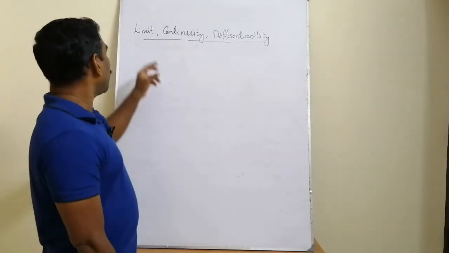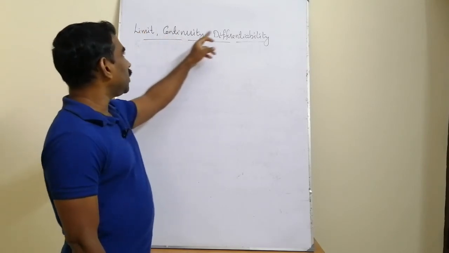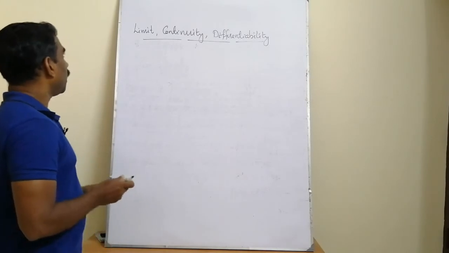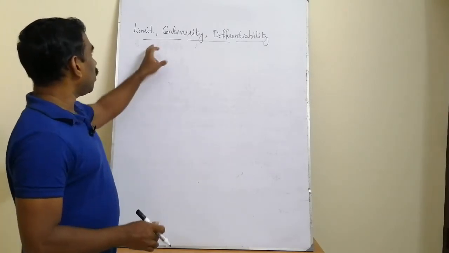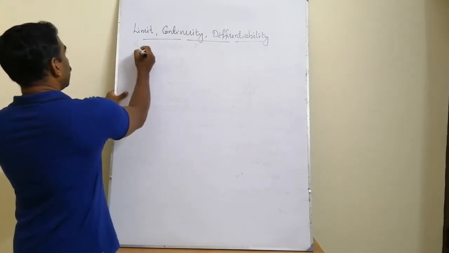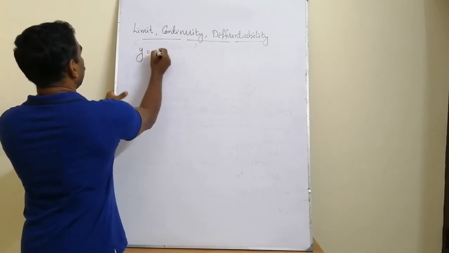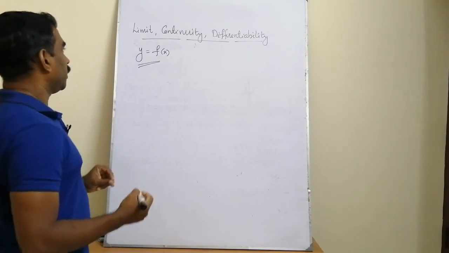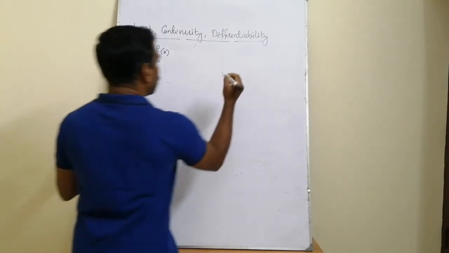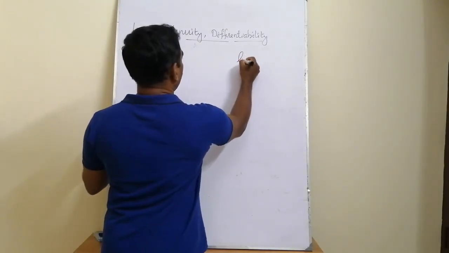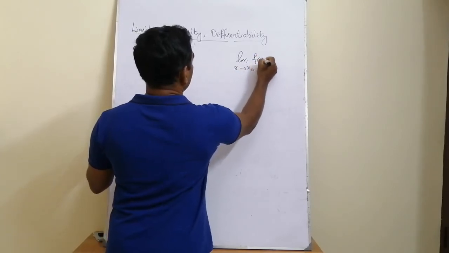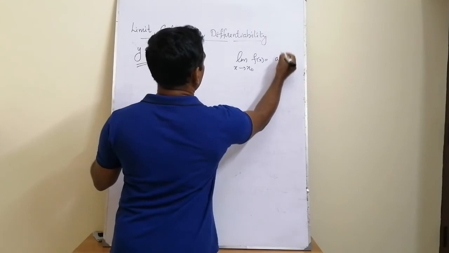Next we are going to define three fundamental concepts such as limit, continuity and differentiability for a complex function w equal to f(z). And before defining the concept of limit in the complex plane, let us see what the limit concept is for a real function of a real variable. In our ordinary calculus classes, we have already studied the meaning of limit as x tends to x naught, f(x) is equal to some number, say a.